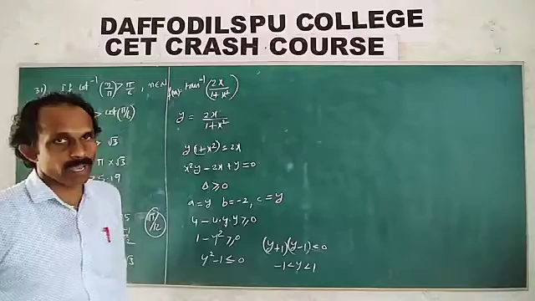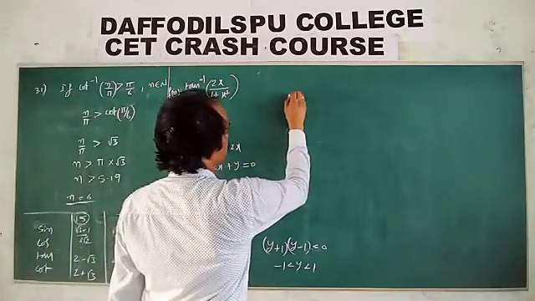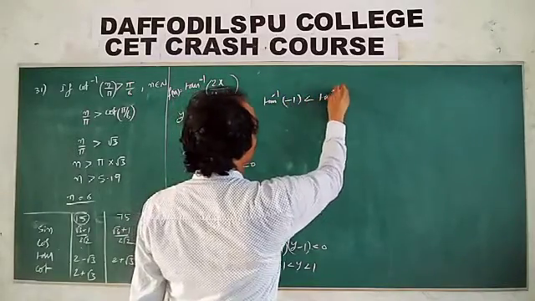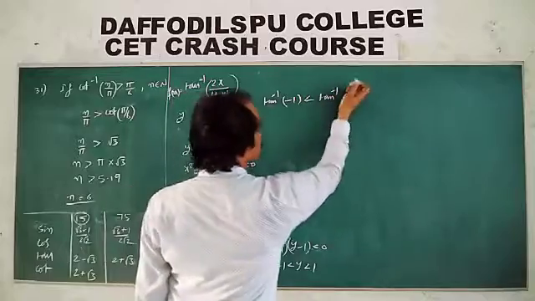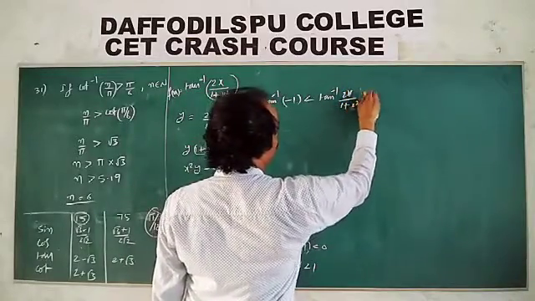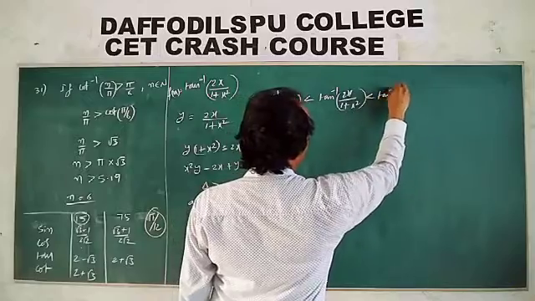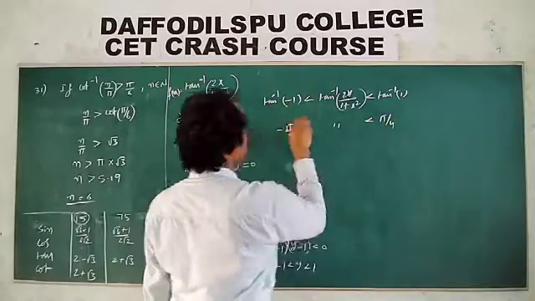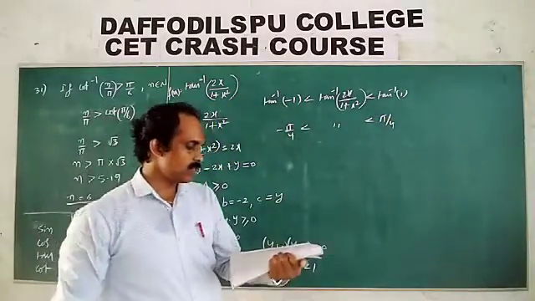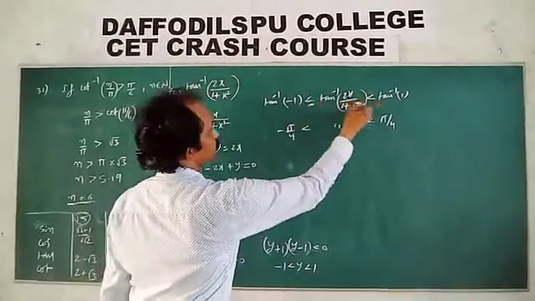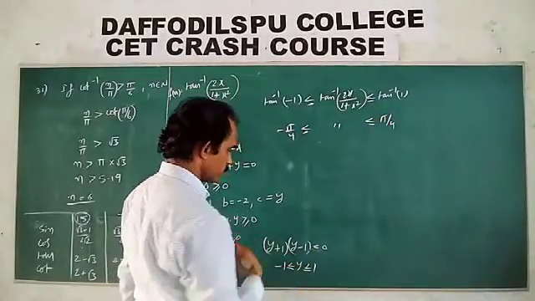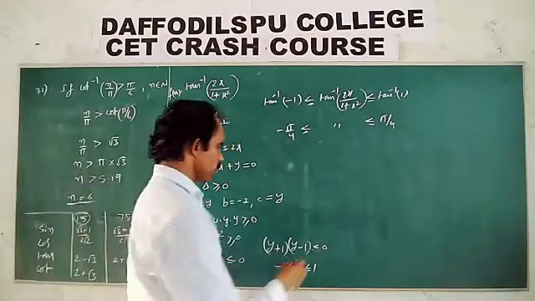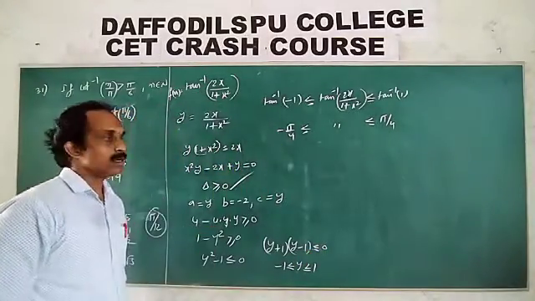So what is y? Apply tan inverse: minus tan inverse 1 is less than or equal to tan inverse y, where y is 2x by 1 plus x square, which is less than or equal to tan inverse 1. That implies minus pi by 4 to pi by 4. The equal symbol is also included. Second option is the correct answer: minus pi by 4 to plus pi by 4. So use the concept of the discriminant.